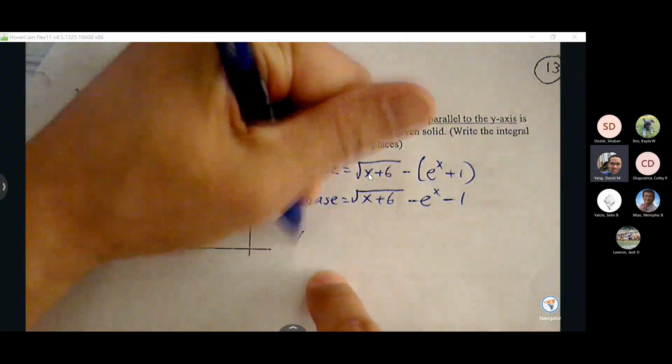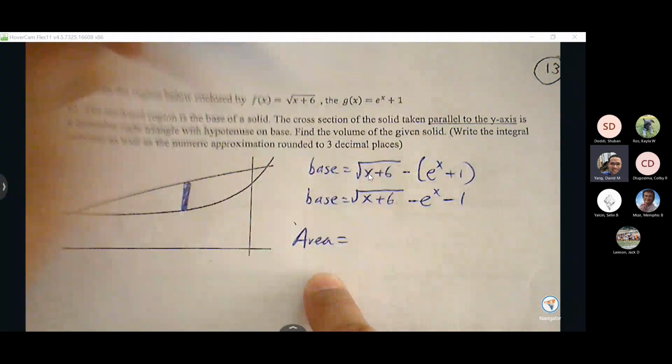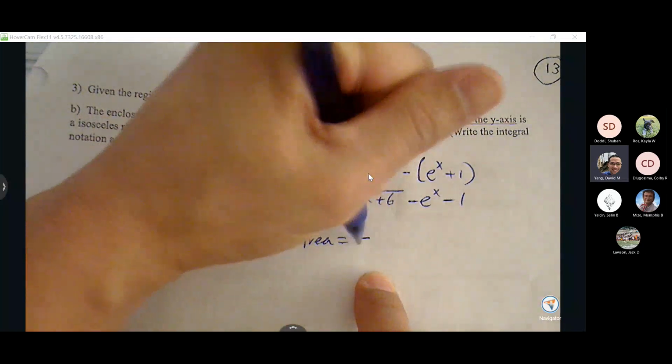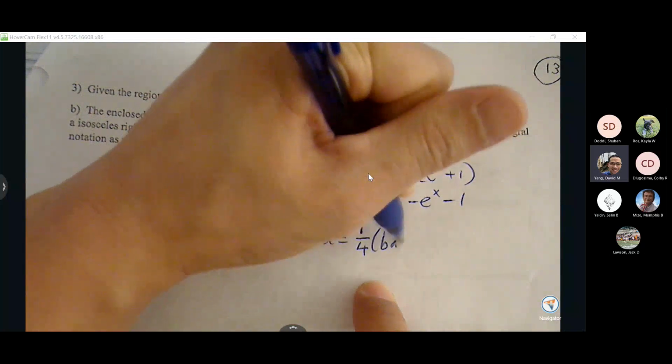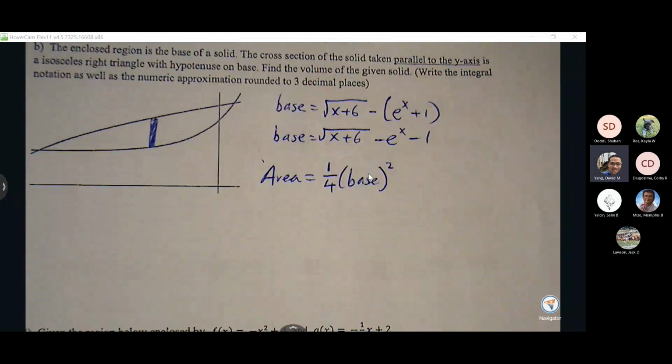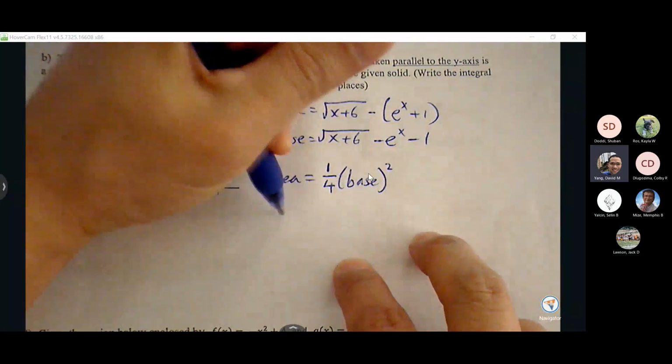Okay, so the area that we're trying to build is an isosceles right triangle with hypotenuse on the base. So it's not 1/2 base squared, it's 1/4 base squared. So once I can get that formula built,